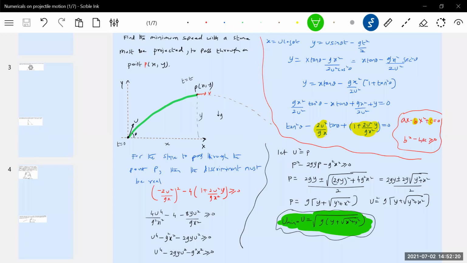Similarly, we can bring an expression for theta also, the critical angle. This theta also will become a critical angle, with what speed it is projected and what that angle theta is. That expression for theta also I'll bring. I'll write it directly because again the derivation may take a lot of time.